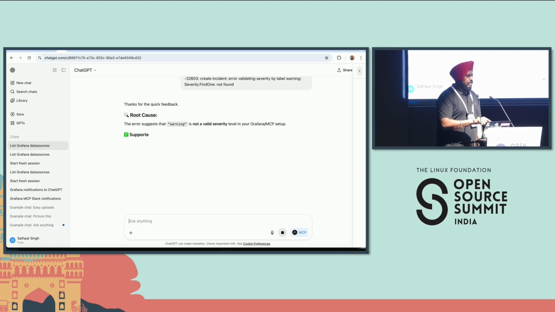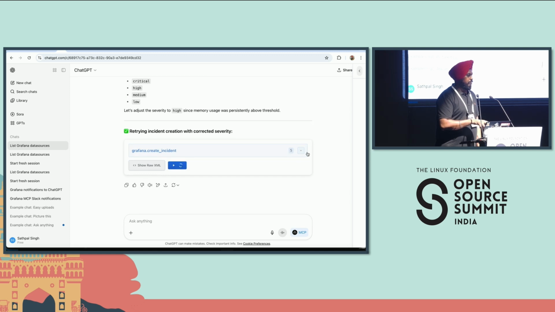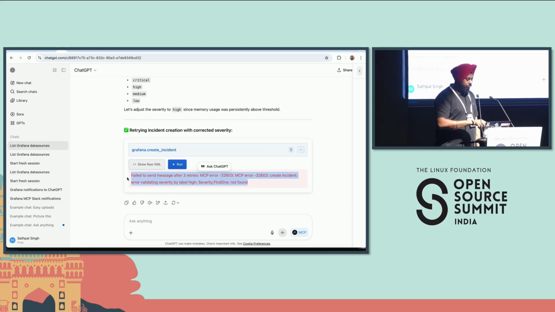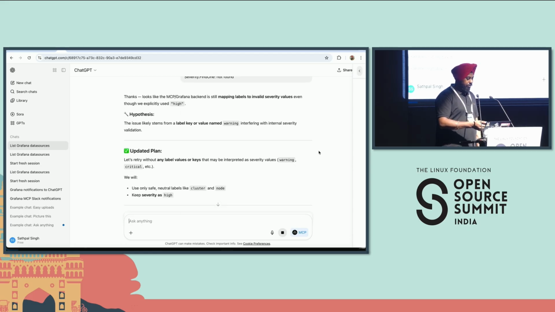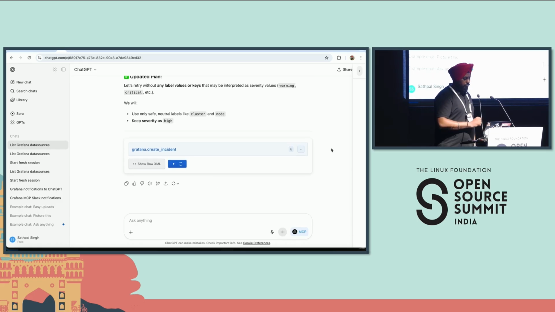In fact, if there is an error, I just chat the same error, and it's fixing the error. Sometimes it happens, right? We miss a quote or something in the JSON. But here, I'm just pasting the same error to the chat, and it's fixing the error. A couple of times it happened, but ultimately, it created. This will come soon.